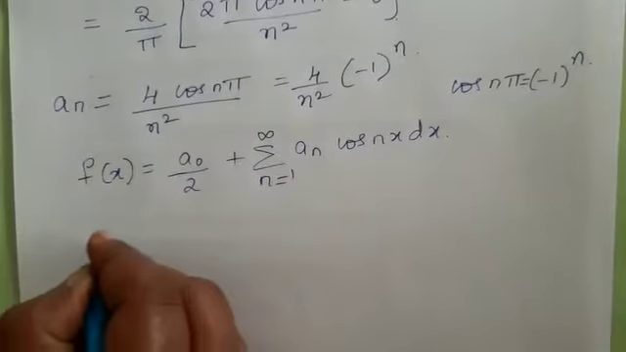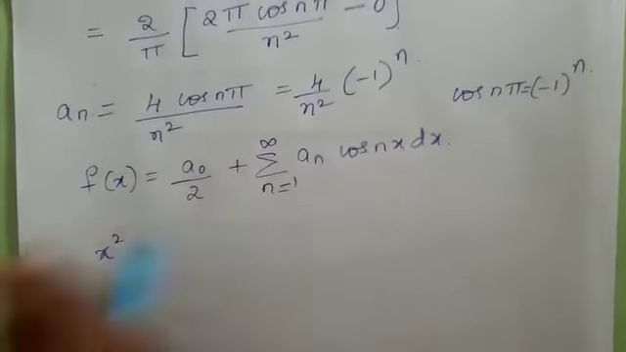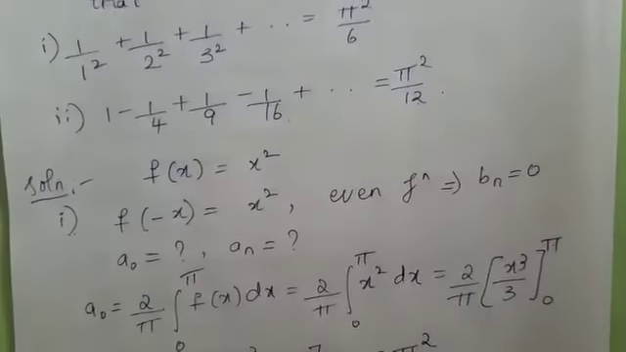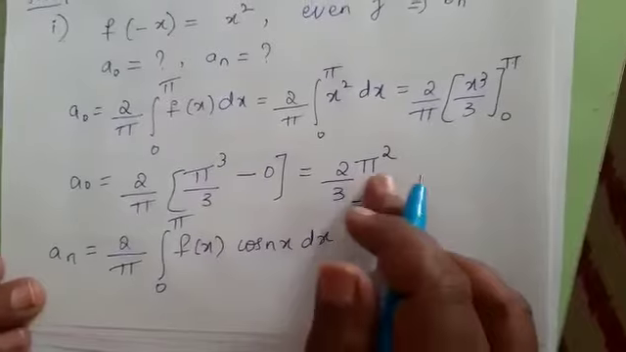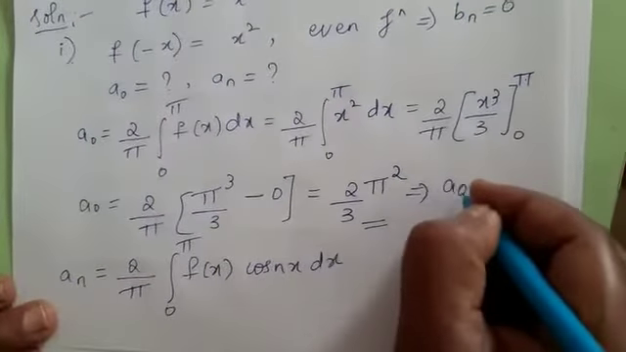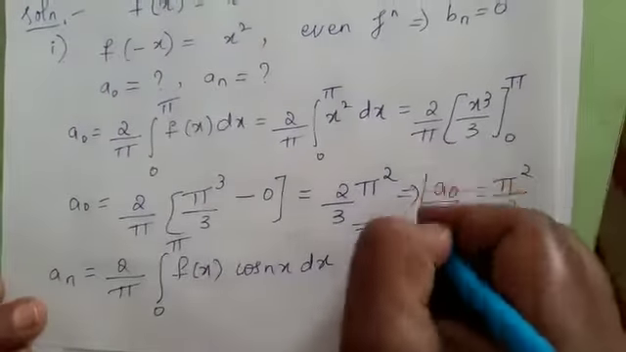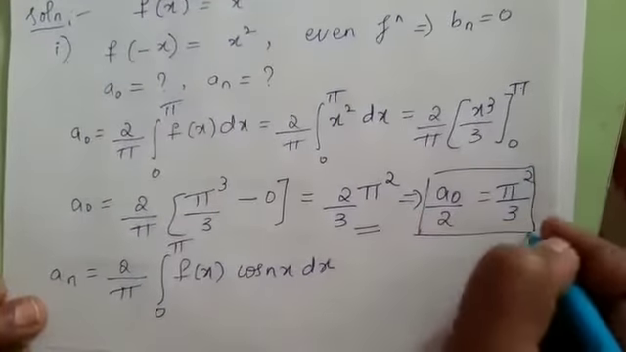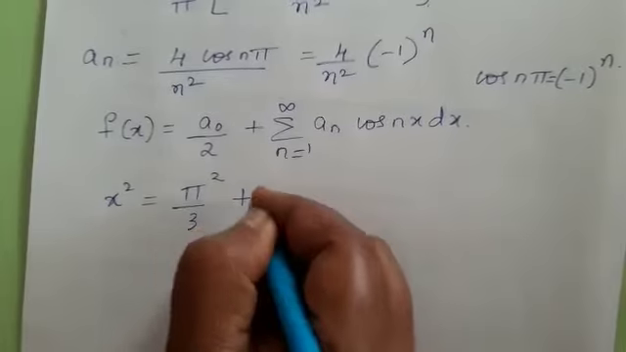We know what is f(x): x² is equal to... in the previous case we had found out a0. a0 was 2π²/3. So if I take this 2 to the other side, I will be getting a0/2 is equal to π²/3. So let me use this: a0/2 is equal to π²/3 here. So it is π²/3 plus